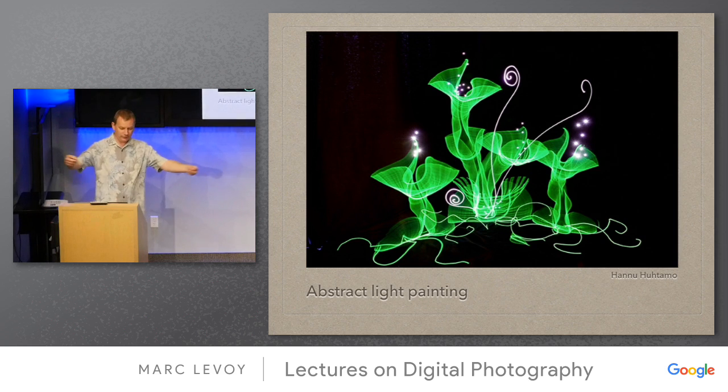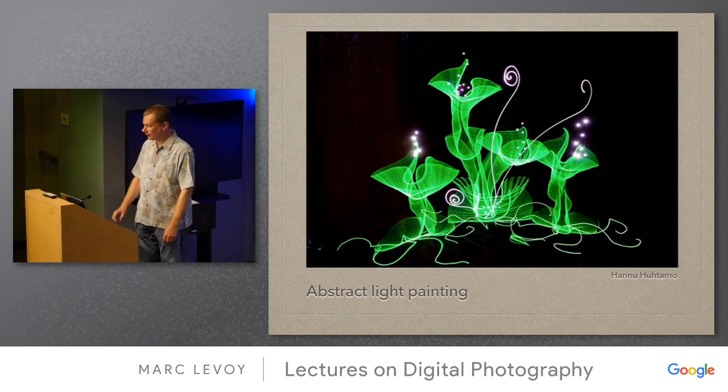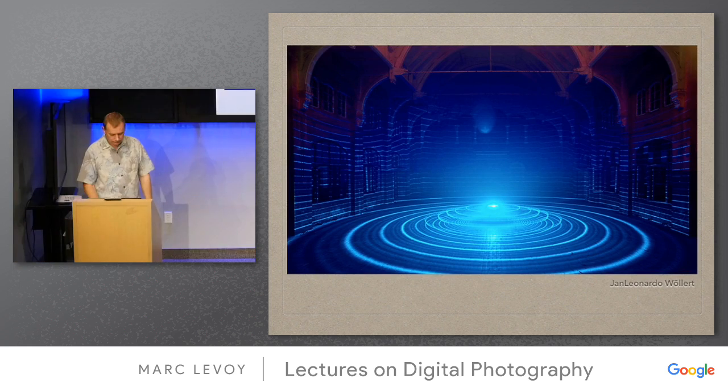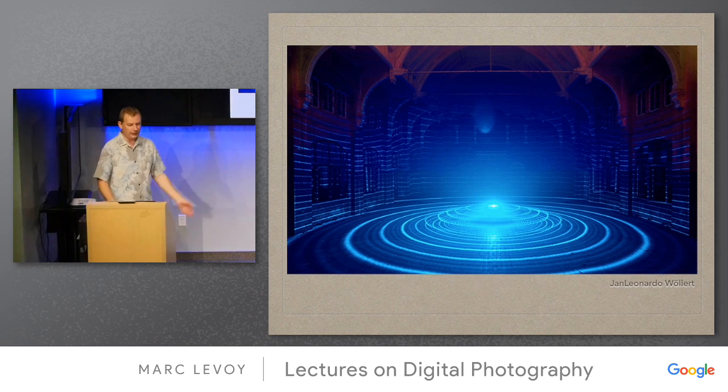Electroluminescent wire is just this stuff that looks like a wire, but you hook it up to a battery and it glows, and it comes in different colors and is not super expensive. So this kind of light painting doesn't require a whole lot of equipment. You need an interesting place that you want to light up, and a tripod, and a flashlight, and ideally a